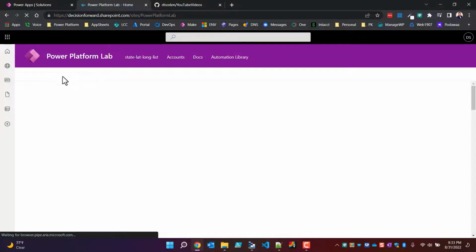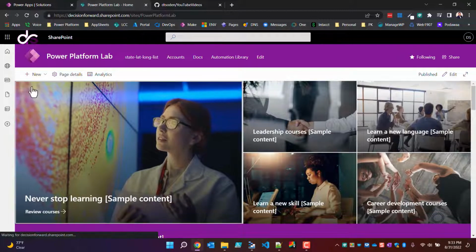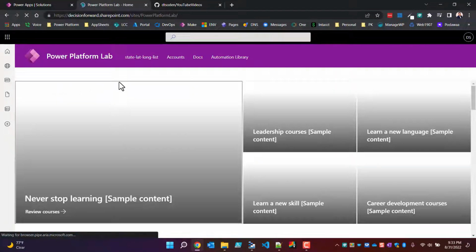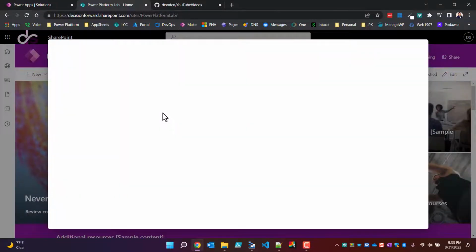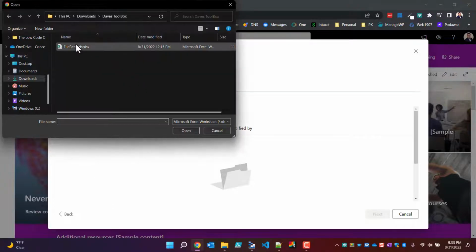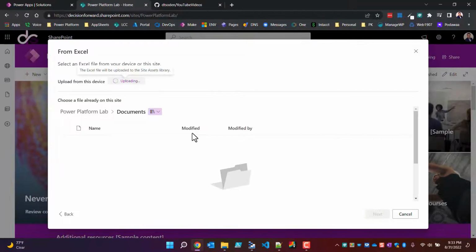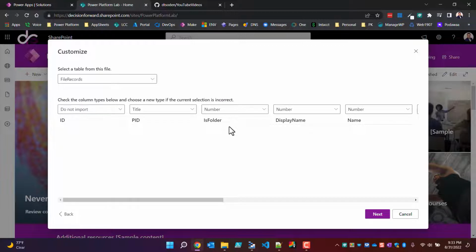And then from here we can go into create a new, in this instance it's going to be a new list, but I'm going to create the list from an Excel spreadsheet. So we'll just click list, we'll click from Excel, you'll upload the file, we'll go into Daves Toolbox again, and so what it'll do is it'll upload and look at everything that's in here and essentially create a SharePoint list